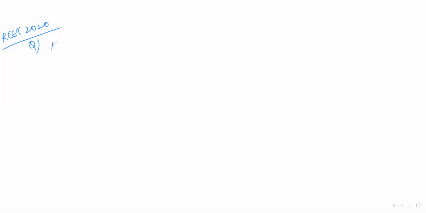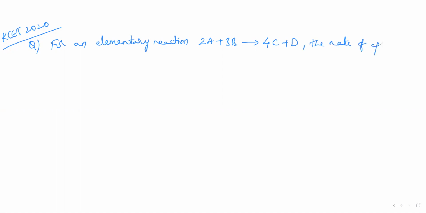Question is, for an elementary reaction 2A plus 3B gives 4C plus D, the rate of appearance of C at time t is